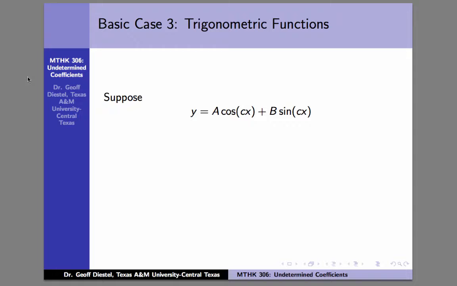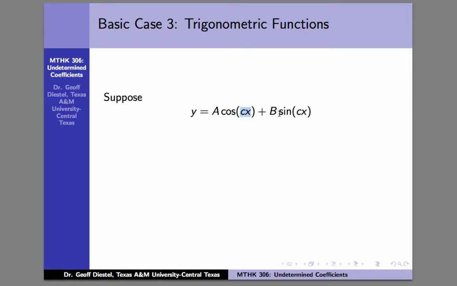So now we're going to consider the third basic case where we have trigonometric functions on the right side of our equation. For this one, I want to start kind of in a backwards way, and let's just look at functions that involve linear combinations of sine and cosine function. But in this case, we will look at sine and cosine functions that have the same